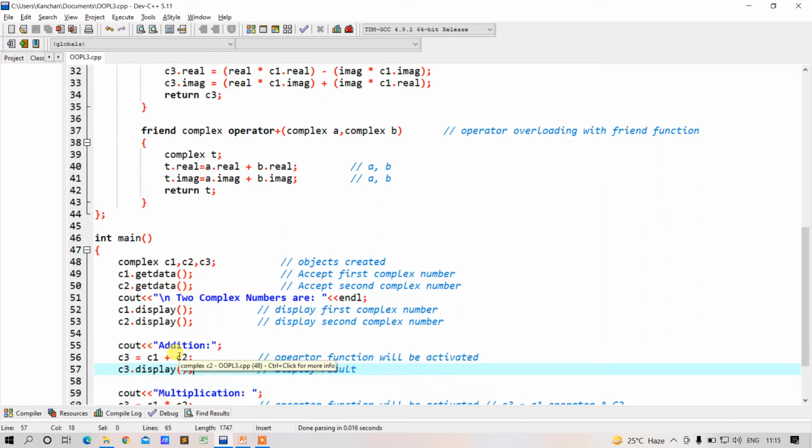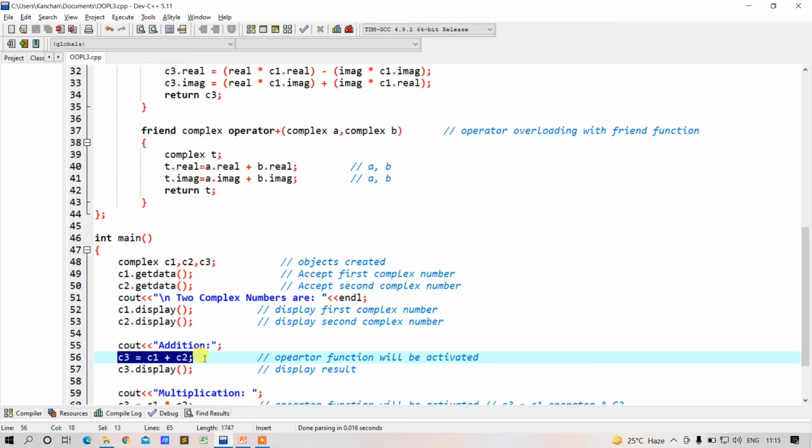Now, as we have discussed earlier, we are going to perform this addition operation with the help of a friend function. That means we are going to overload the plus operator with the help of a friend function. So here C3 is equal to C1 plus C2. That means C1 will be my first complex number and C2 will be my second complex number.